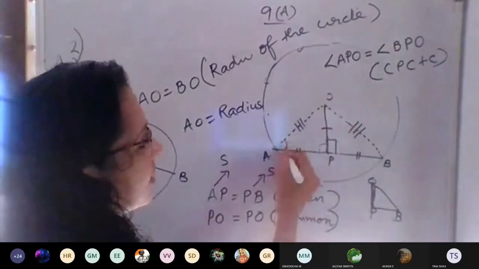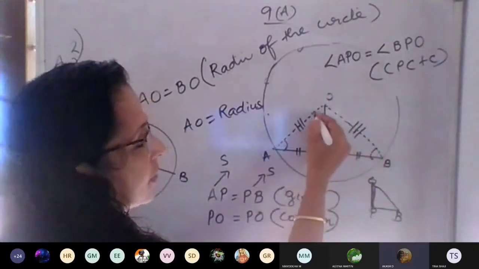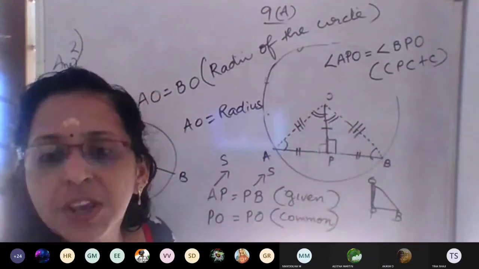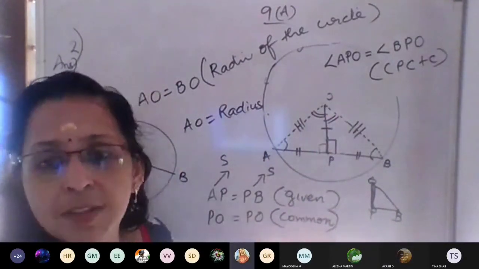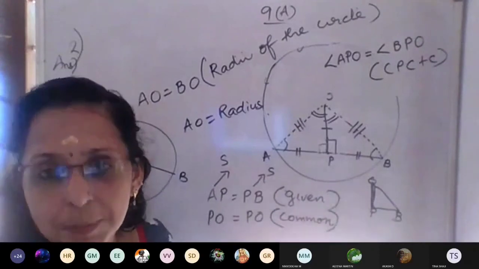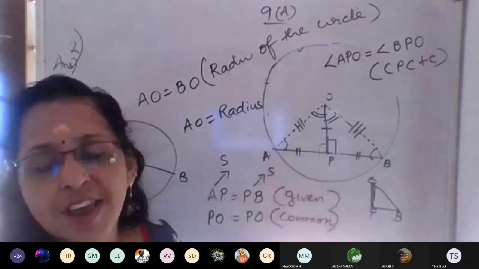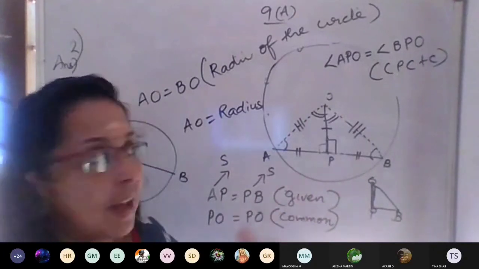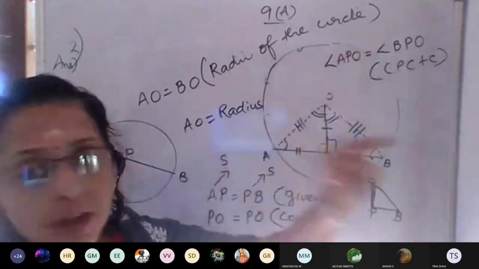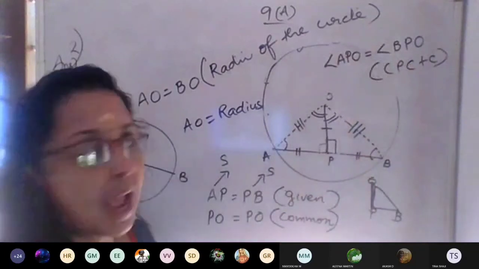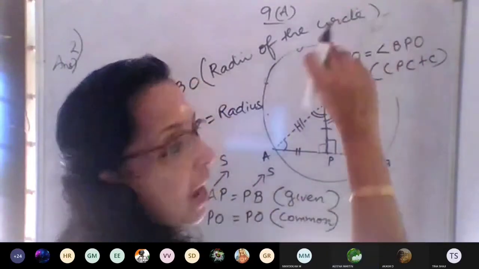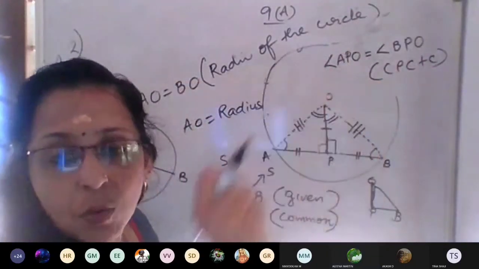Angle AOP is equal to angle BOP. But we don't want all those things. We need only angle P. Then only we can say perpendicular. But how can we say that, since the 2 angles are equal but it should be perpendicular? That angle should be 90 degrees. We only know the angles are equal, but we should find out that the angle is 90 degrees. How can we?